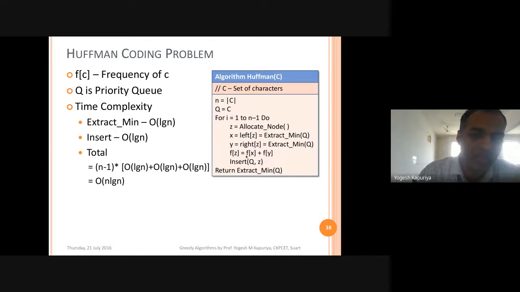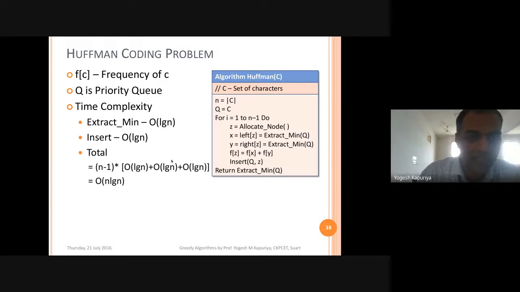And here you are using another algorithm, inserting an element inside a priority queue, so you need to consider its time complexity, which is log n. So if you add these three, log n plus log n plus log n, it turns out to be log n, because the highest order term is log n.